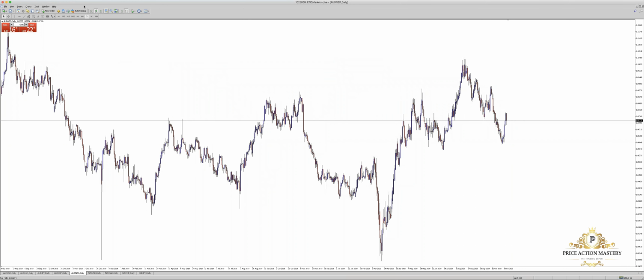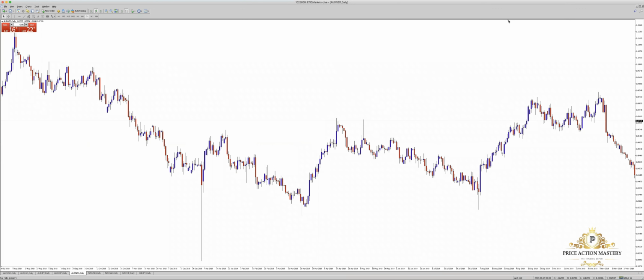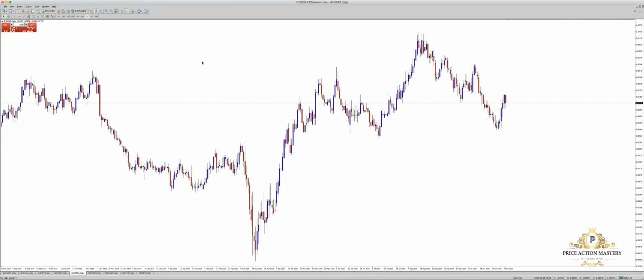So Aussie New Zealand. This will be quite awkward. This is the key line that I don't want to break. This is the key line that cannot be broken. If it breaks, then everything just changes. So now the market has just broken, so we can see the market is going to see another upside exposure at least until this level. If it cannot break this key line, we can see a much clearer downside exposure.